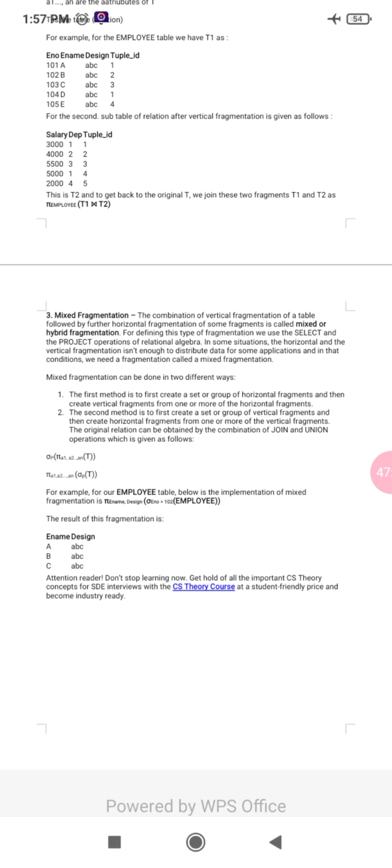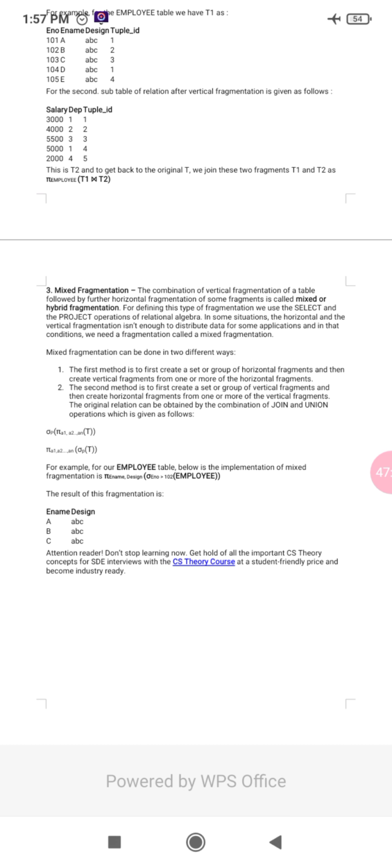Next is mixed fragmentation: the combination of vertical fragmentation of a table followed by further horizontal fragmentation of some fragments is called mixed fragmentation. Both horizontal and vertical fragmentation are done in one fragmentation.